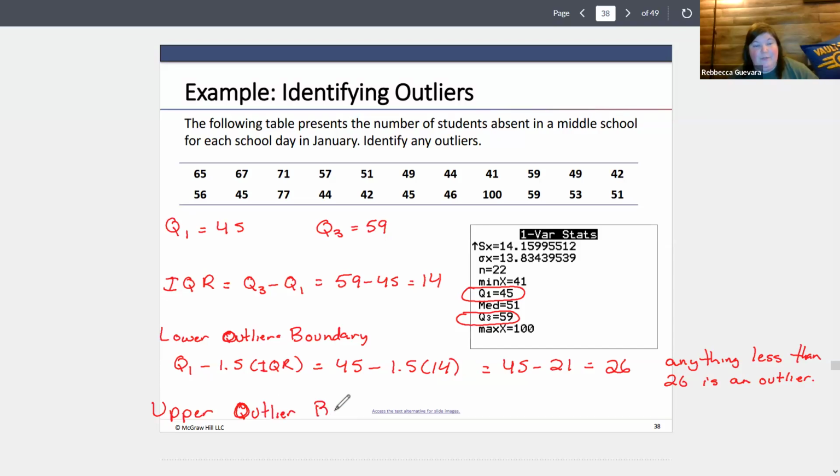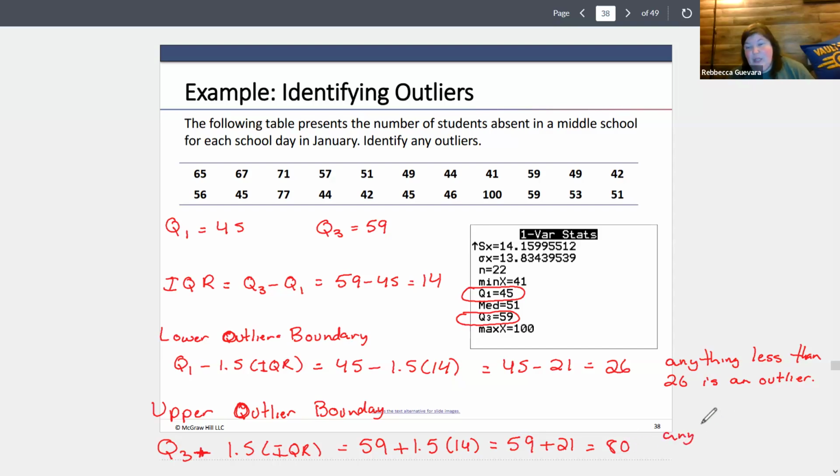Now, if we look at my upper outlier boundary, that's going to be Q3 plus 1.5 times the interquartile range. Q3 was 59, so 59 plus 1.5 times 14. So this is going to be 59 plus 21, which will be just 80. So anything greater than 80